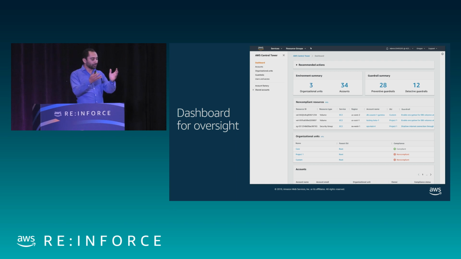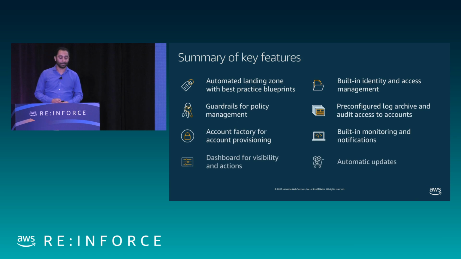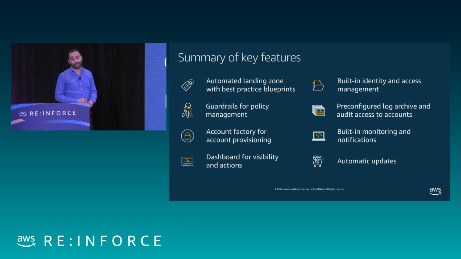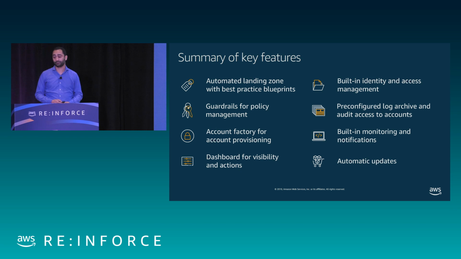And back to that aggregation problem I described earlier, starting to bring things together so I can start looking at it. Use that in combination with Security Hub, and you can start having a centralized place to look at these findings and working through them. Use Account Factory to launch new accounts and provision them to people. And you know what's going on by looking through it. Got a dashboard visibility, built-in identity, monitoring, notification, all of it built in. And as of yesterday, it has gone GA, so feel free to go try it, play with it, see what it does, how it works.